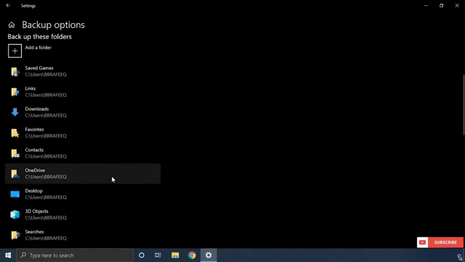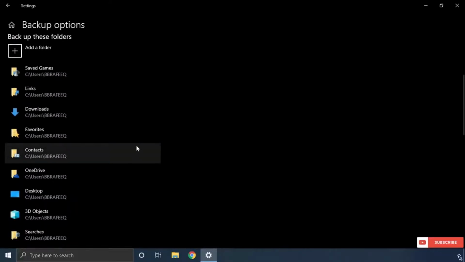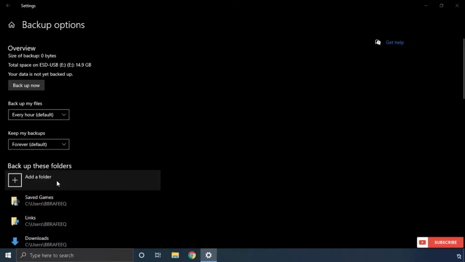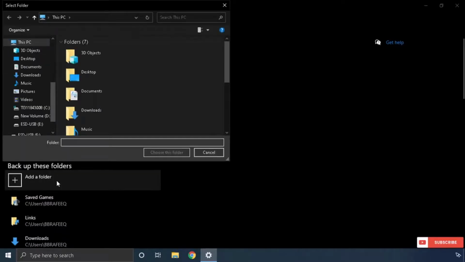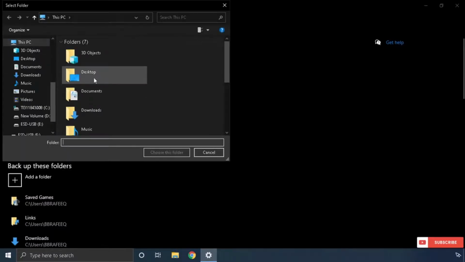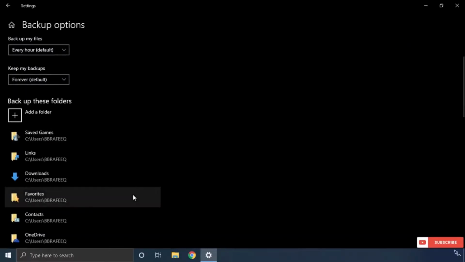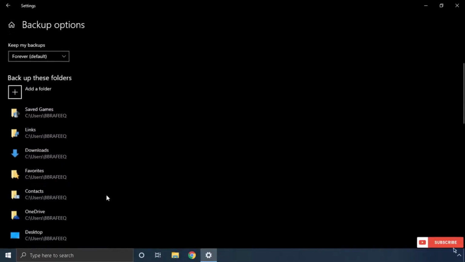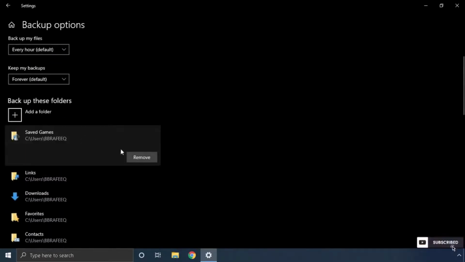You can check the full list of folders in this window. And if you want to add any folder, you can click add a folder, then choose that folder. And if you want to remove any folder from here, just select that folder and click remove. It will remove from the list.